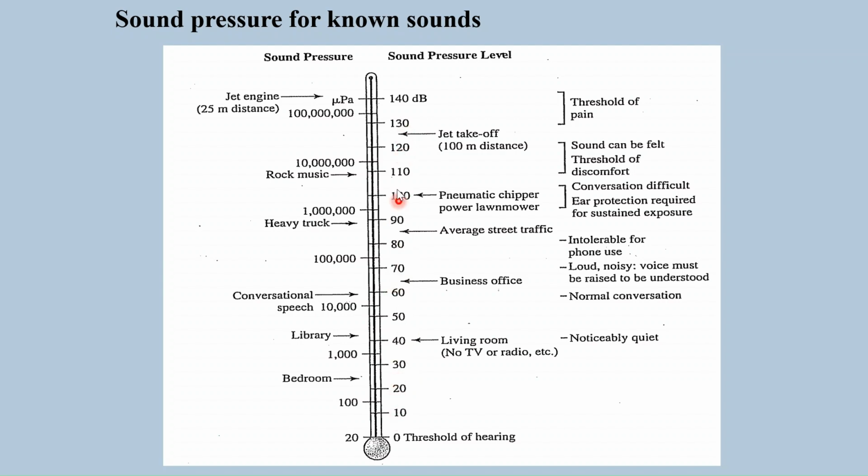So here the larger variation is now confined from 0 to 140 decibel. So when we have the sound as the sound level in decibel, understanding of the sound or the noise level in our surrounding is much easier. And here is one point you need to remember: in terms of decibel, 0 decibel is the threshold of hearing, and in terms of pressure it is 20 micropascal.